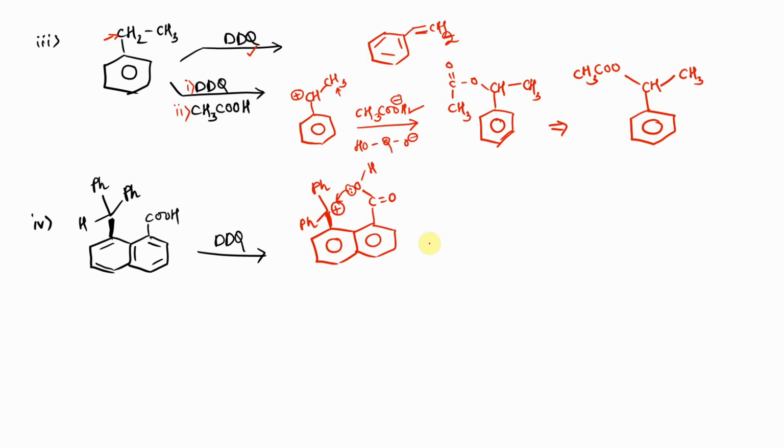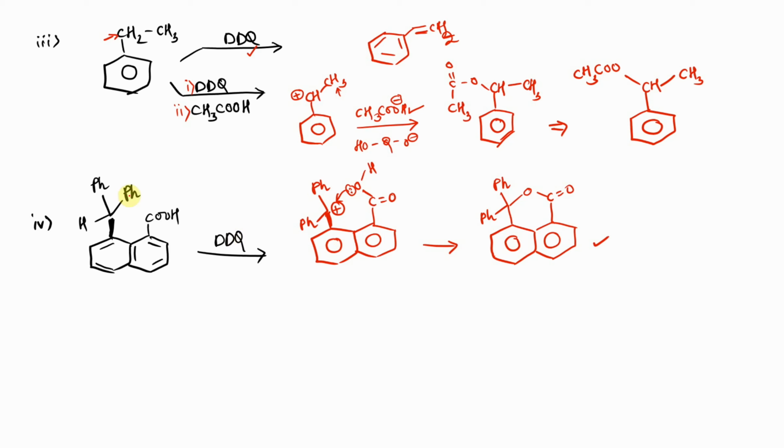So therefore, we are led to the formation of a 6-membered ring involving the oxygen atom, that is nothing but insertion of oxygen to form cyclization. So the product formed will be a naphthalene ring attached with an additional 6-membered substituted ring like this. C double bond O, having 2 Ph groups on the benzylic carbon. The hydrogen which was present on the oxygen will be taken out by the DDQ molecule. Okay, so this is the product of this reaction when you treat this substrate with DDQ.